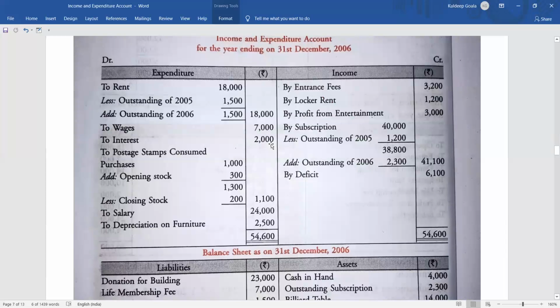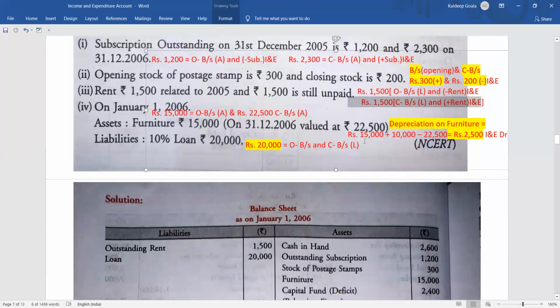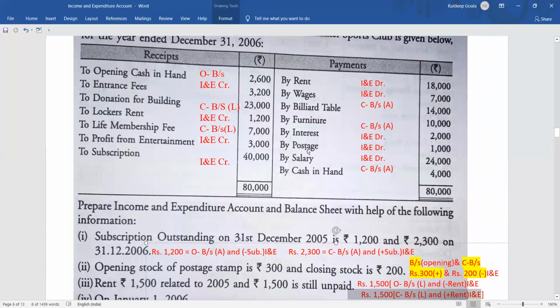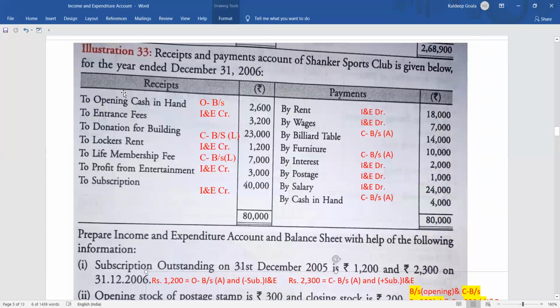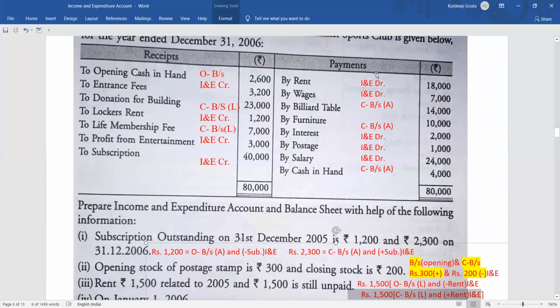To interest 2,000 rupees. Why is it coming on two sides? Because it is expenditure side, and payment is in the credit side here. Yes, it's the credit side because it is a cash book. The receipts and payment account is a cash book, with a debit and a credit side. So all the payments which are in the credit side will go in the debit side of income expenditure